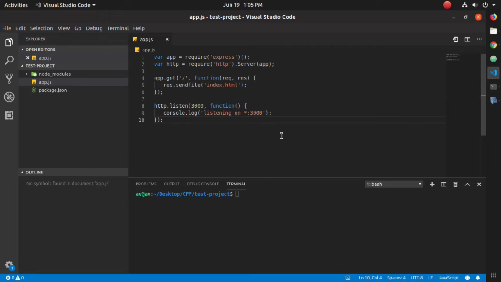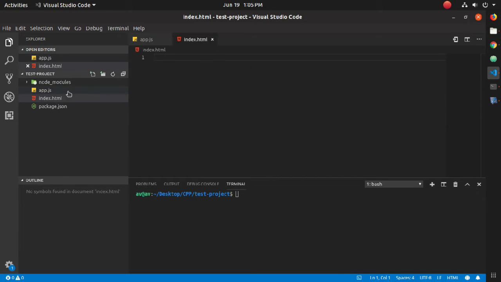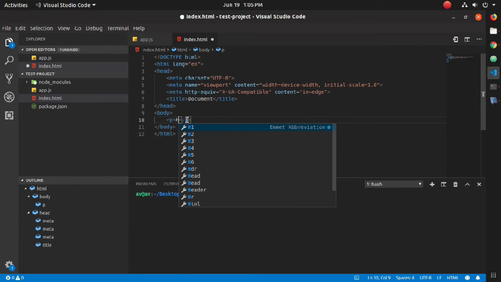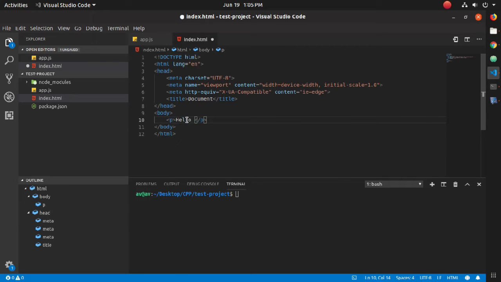So create a file called index.html and start writing your code inside it. First create some predefined tags, and inside the body tag I will write hello world to show you. Hello world,